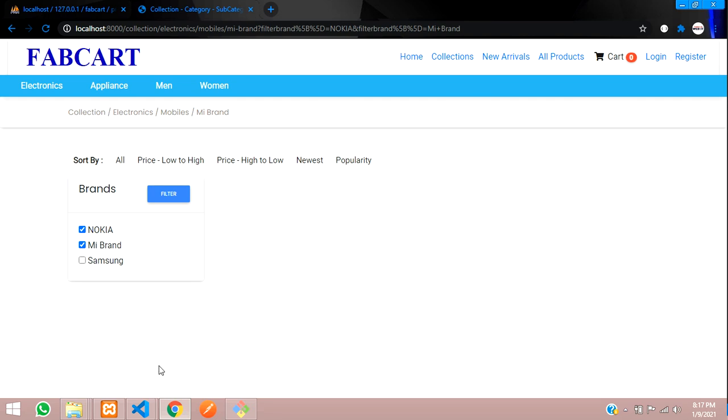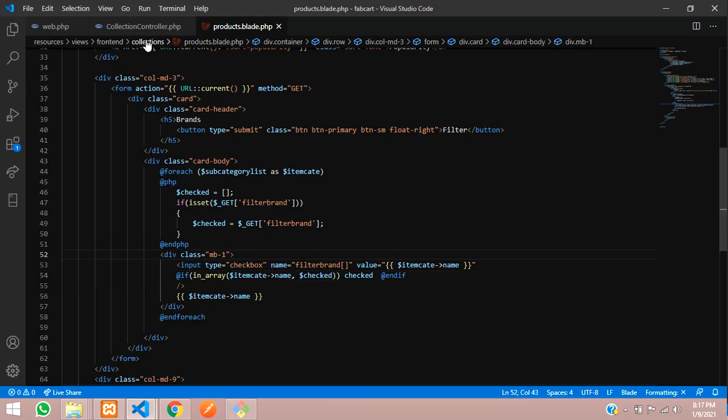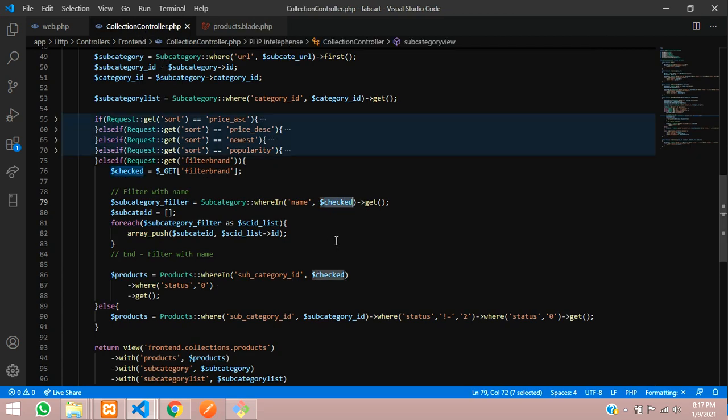If you want to filter that, let's move back to our code. As you can see, this is the filter, and we are creating one dummy sub array with this, and then taking this filter in a foreach loop, and with the help of the foreach loop we are taking its ID.